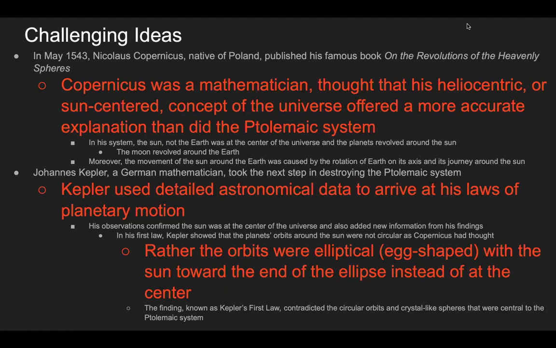His observations confirmed the sun was at the center of the universe and also added new information from his findings. In his first law, Kepler showed that the planets' orbits around the sun were not circular, as Copernicus had thought. Rather, the orbits were elliptical, egg-shaped, with the sun towards the end of the ellipse instead of at the center. The finding, known as Kepler's first law, contradicted the circular orbits and crystal-like spheres that were central to the Ptolemaic